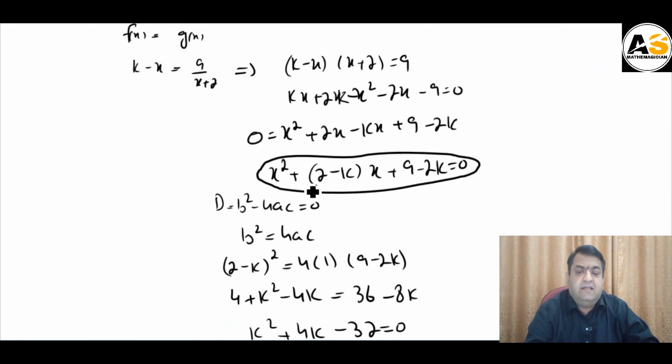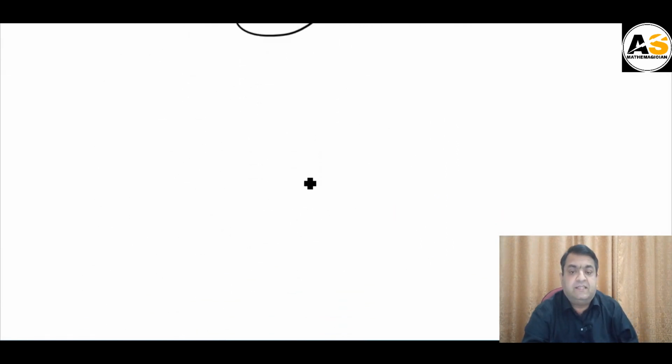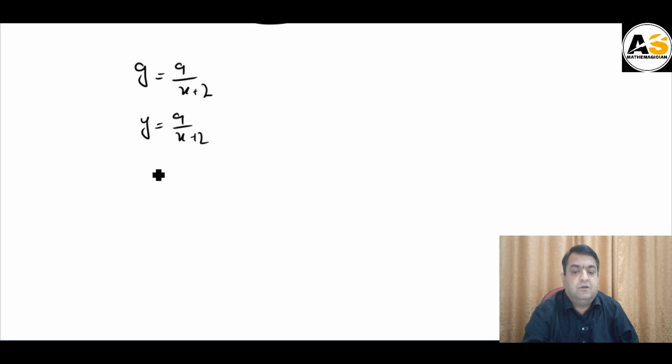We are given g is equal to 9 over x plus 2 and we have to find its inverse. We will write g of x as y, 9 over x plus 2. We will then solve this equation for